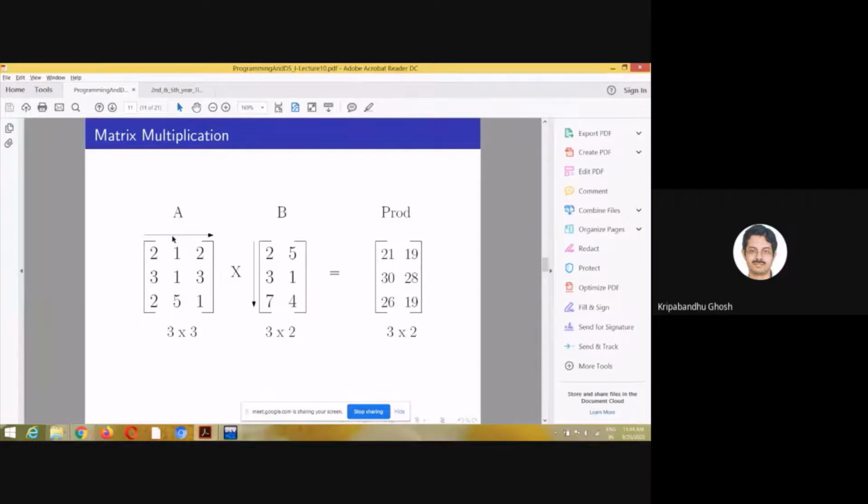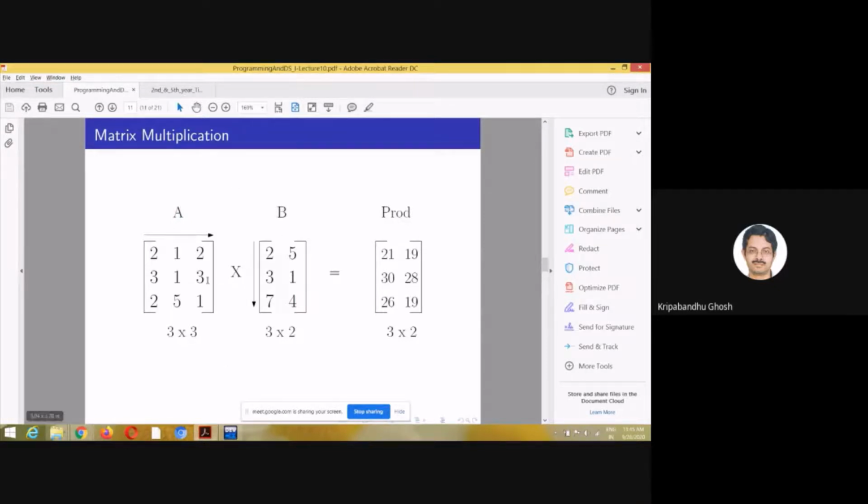So this is one matrix A, this is another matrix B. First, there is a check whether these two matrices can be multiplied or not. So for that to be possible, we are doing a multiplication in this order, right? A into B and not B into A.